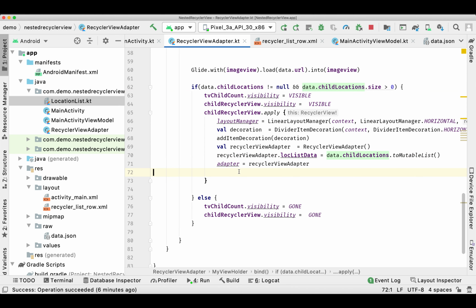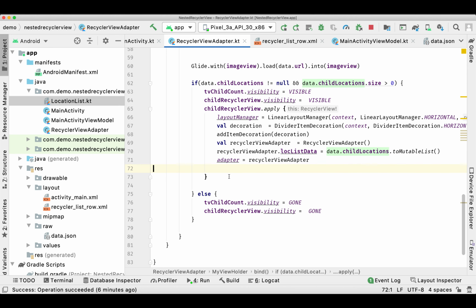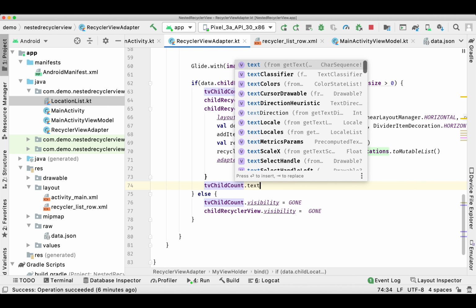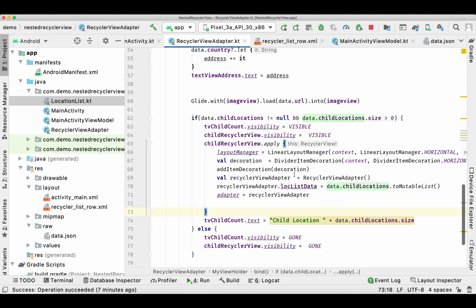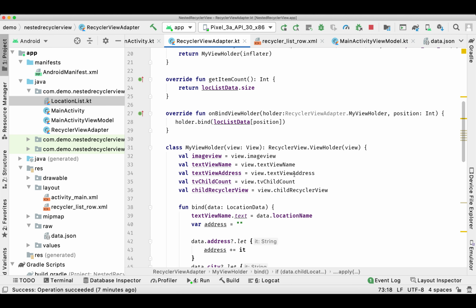And at the end we'll set the count, how many child elements this recycler view has, so we'll add the count on our text view. That's it.